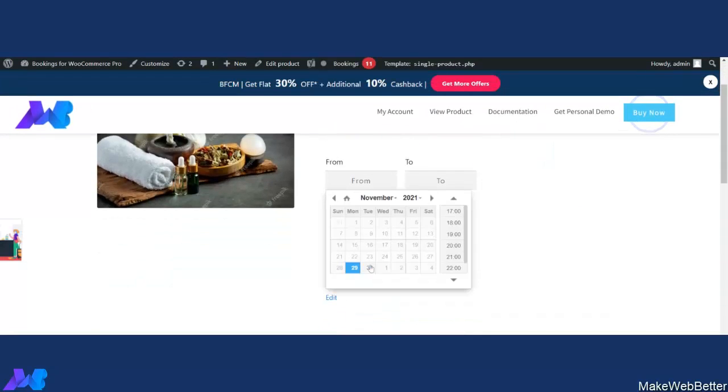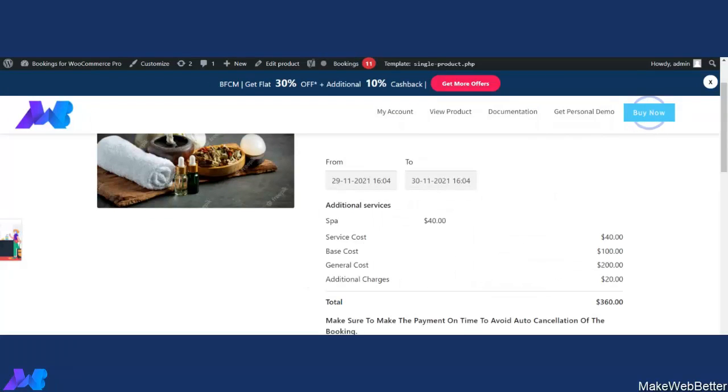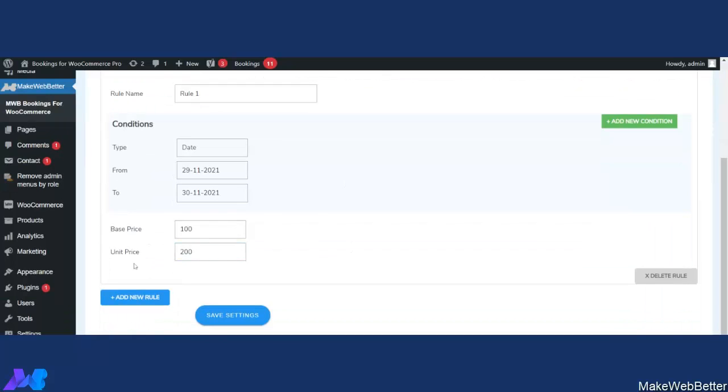So let's select this from 29 to 30. As you can see, the base cost and the general cost are $100 and $200. This is because from the back end we have decided the base price and the unit price as 100 or 200. So if you want, say, 150,